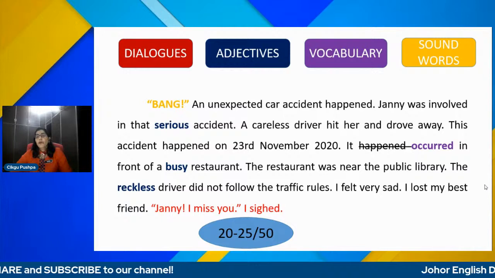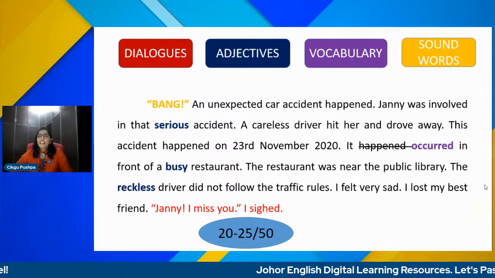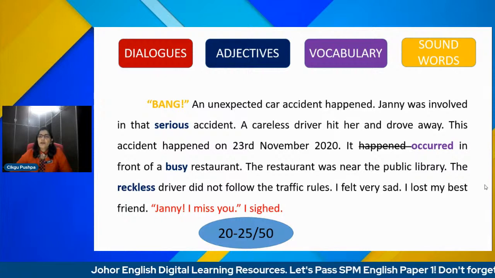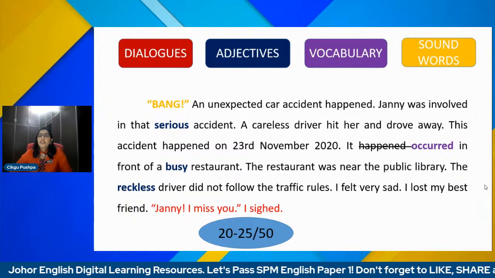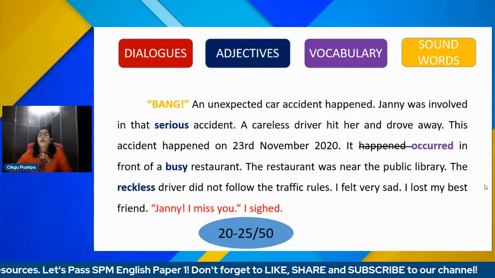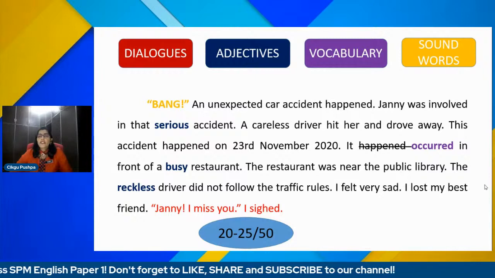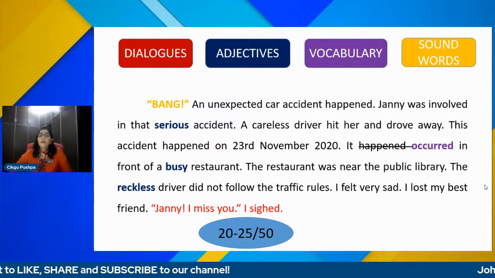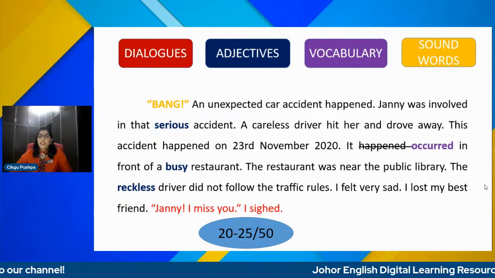Now you have modified your paragraph and definitely you are going to get more than what you have obtained just now. Probably 20 to 25. You see, this is how you are going to modify your essay or your paragraphs step by step. So don't ever think that you cannot write. Definitely you can write because we have,